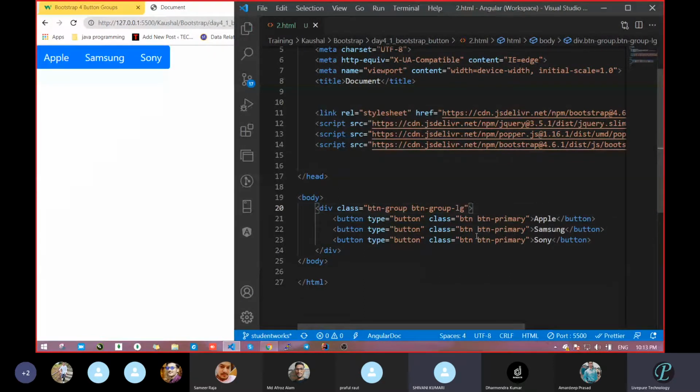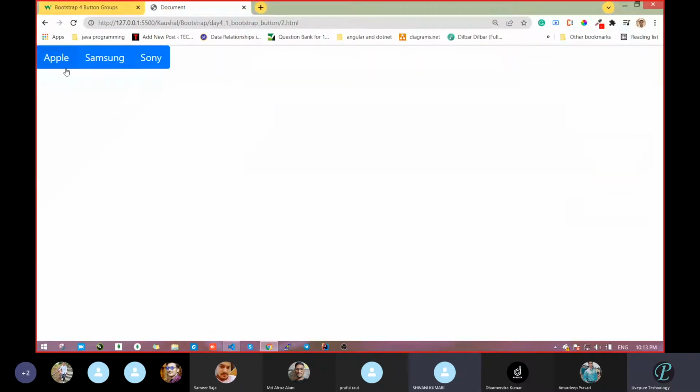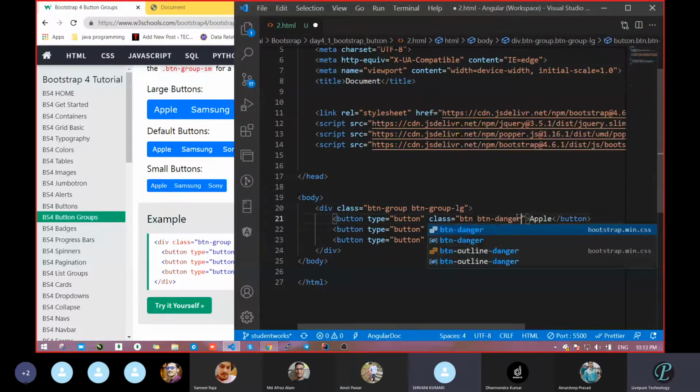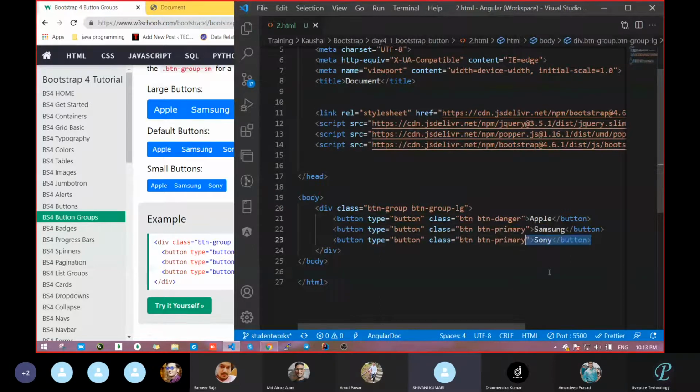Clear or not? If you want a different color of button, how can I do it? Can anyone tell me? I want all three buttons in different colors. Okay, just go for btn-success. Now silent, Amol. I want Apple to be red color. Apple is never blue color. Remove the primary and take btn-danger. Danger, danger. Sweta, what about the last one? I want something different for Sony.